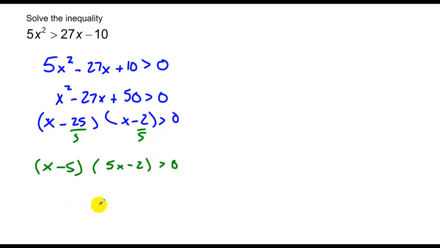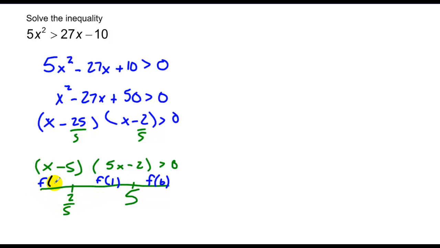Thus I get critical numbers of 5 and 2/5, and I'm going to check x values to the outside and in between these values to see what kind of y's they yield. So I'll check f of 6, f of 1,